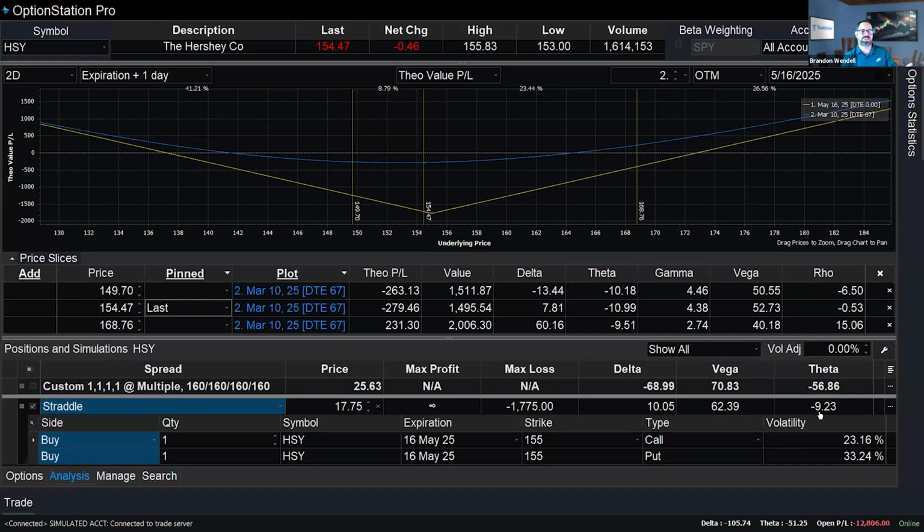I try to lower it as much as possible by going further out for expiration. If I want to go further to May, I'll be paying more in premium, but I look at that as a deposit. If you guys remember the old soda bottles, when you buy those, you used to take them back and get your deposit back for a few cents. That's kind of like what we're doing here. Time will decay, but we get our deposit back because we're buying options that won't decay very much, but they will have a lot of exposure to volatility.